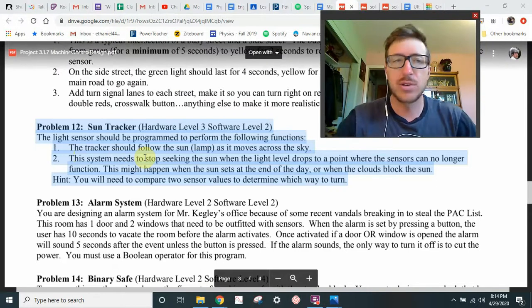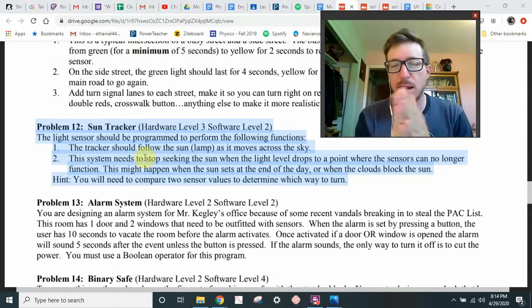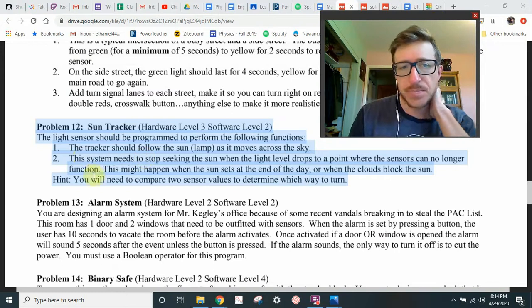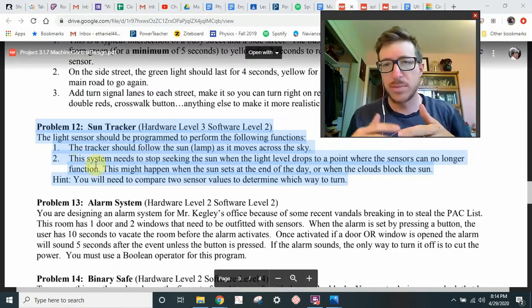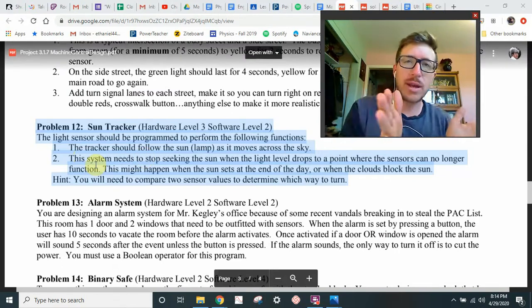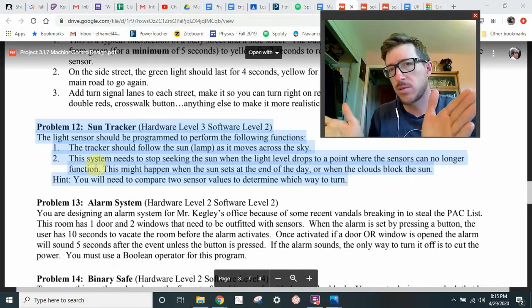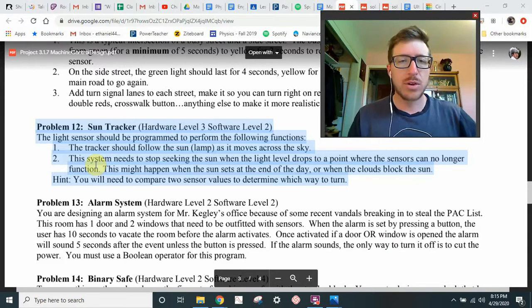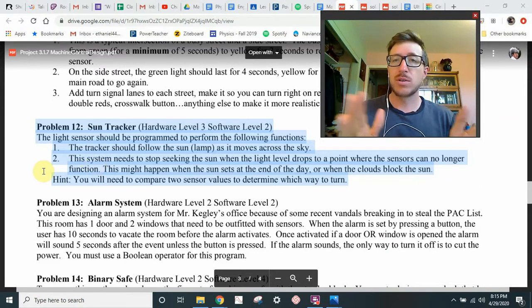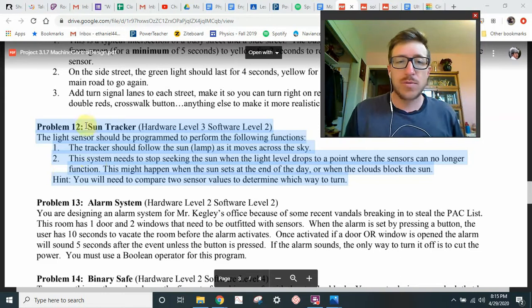Now I imagined it's really just some kind of a light sensor that can track the solar angle. But I envision it as being attached to a solar panel, because they're most efficient when they're facing directly towards the sunlight. So if you could have one that could automatically adjust to where it's always facing the sunlight, that would be good. So a few requirements: it has to follow the sun as it moves across the sky,